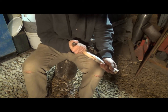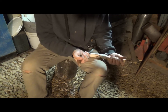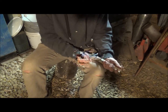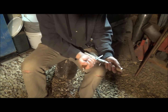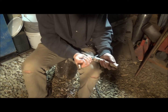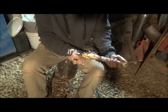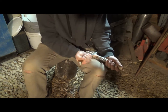I don't know if you guys ever mess with these Makatagans or not, but if you never owned one, boy are they a nice thing to have. They make quick work of a lot of things, especially when you're like me, when I'm by myself most of the time and if I'm out in the woods, I got nothing to hold things. It's a one-handed draw knife, and it's slicker than